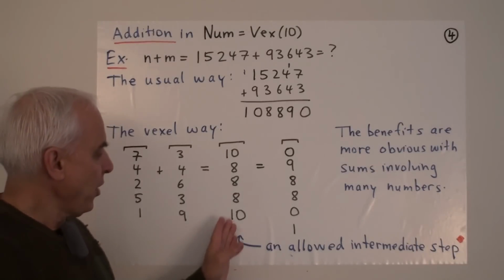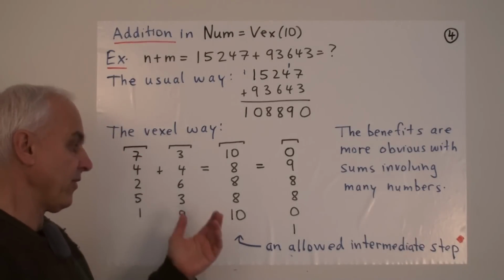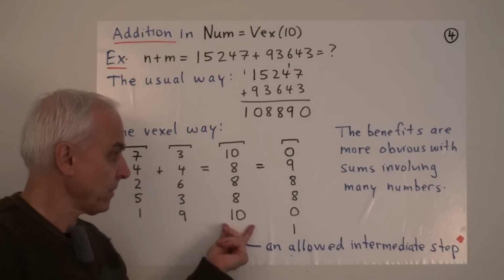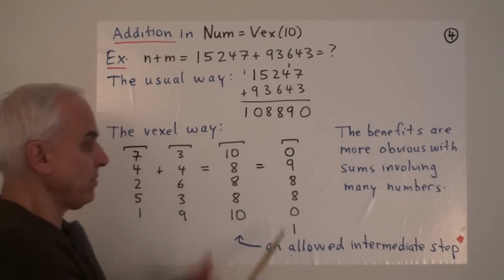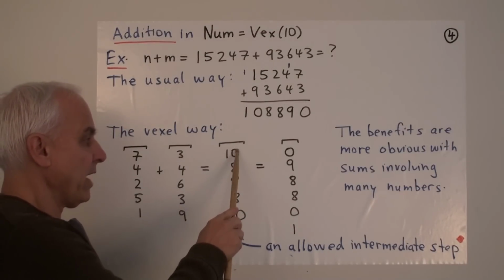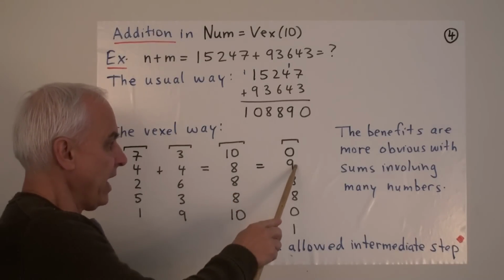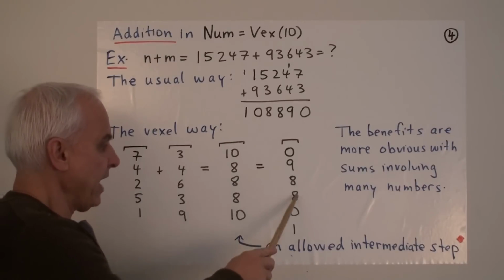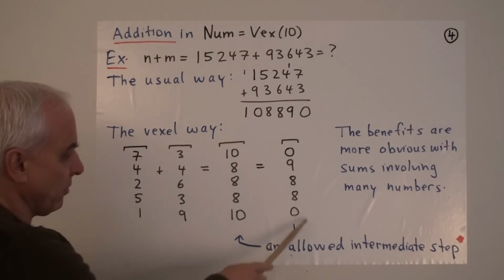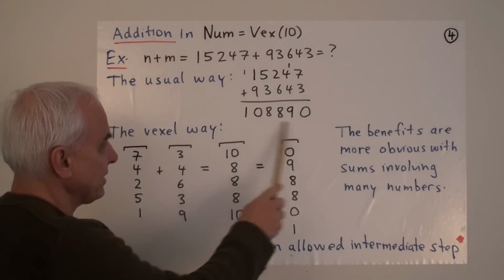We don't mind that maybe some of these entries are bigger than 10. This is allowed in this base 10 vexil system. This is also a legitimate base 10 vexil. But we can, if we want to, convert it into an extended form. We can convert these 10 zeros to a single 1. So we have then 0 zeros and 9 ones, 8, 8, and this 10 here can again be converted into a 1 of the next kind, giving us 0 and 1. So when we read back up, 1, 0, 8, 8, 9, 0, we get the same thing as before.